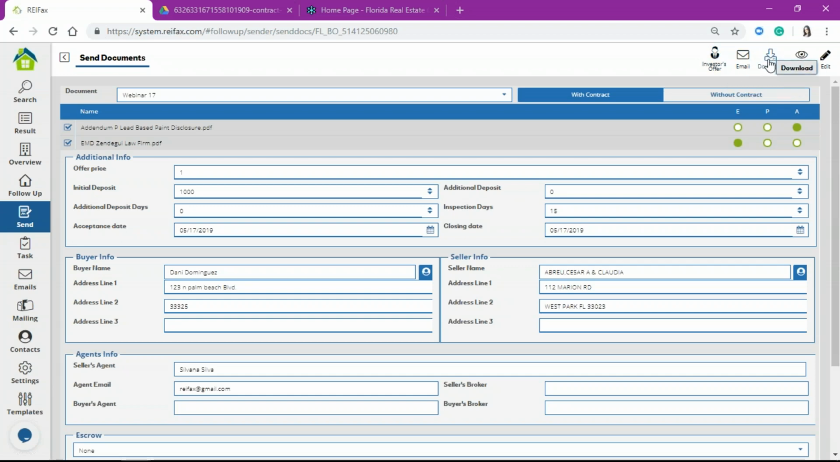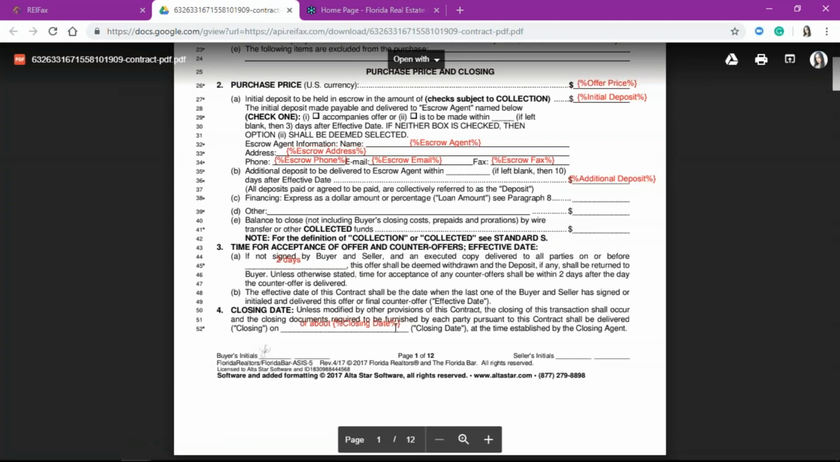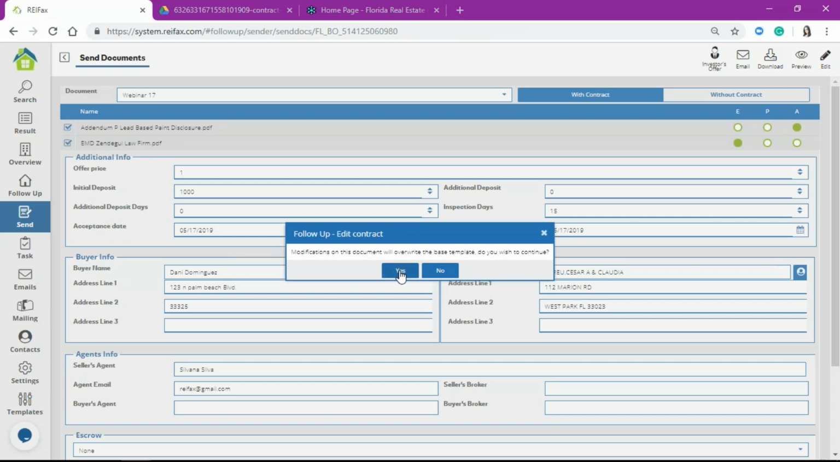We then have the button to edit our contract. We can edit our contract. Let's say, for example, that I saw that the closing date was incorrect. The closing date was incorrect, so I'm going to go back and just edit my contract from here. Now, clicking edit before sending, you're still editing the original contract, okay? It's not editing only for this time. It's editing the base template,